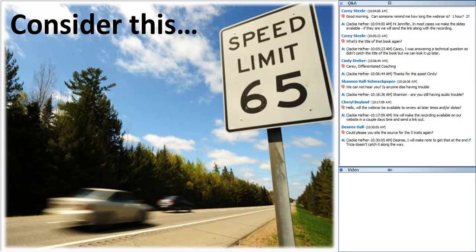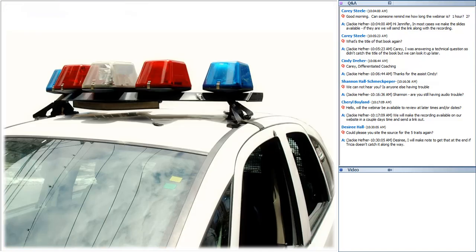I will not share with you how fast I'm going because I don't want this to be used against me in a court of law, but I am most likely not going 65 miles per hour. Now, I want you to just acknowledge, you don't have to say what your speed would change to, but I just want you to acknowledge whether or not your behavior would change if you saw this. Now, for most of us, our behavior would change.